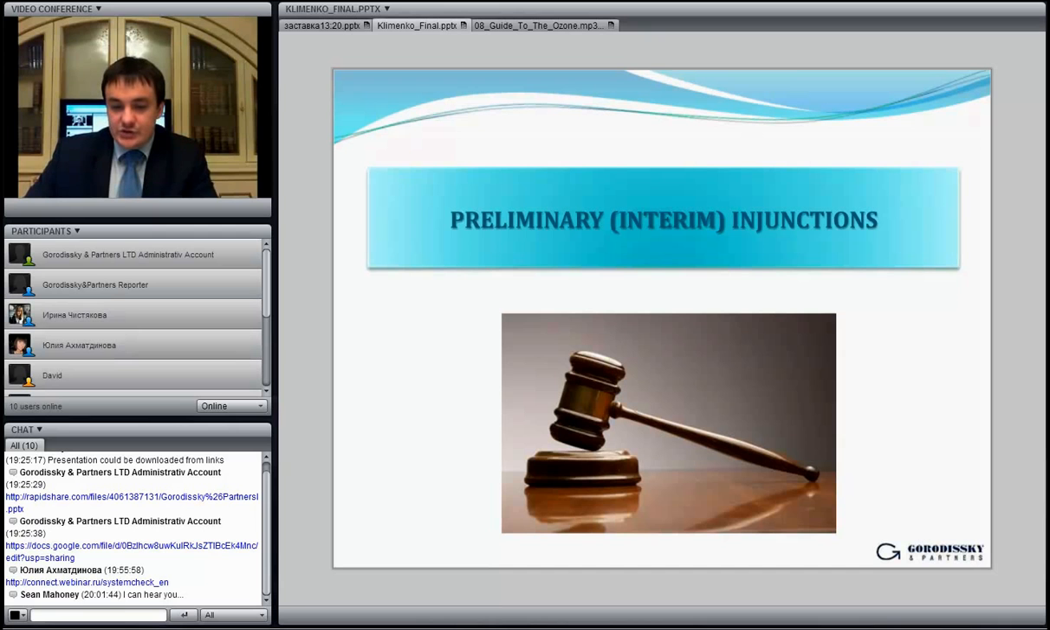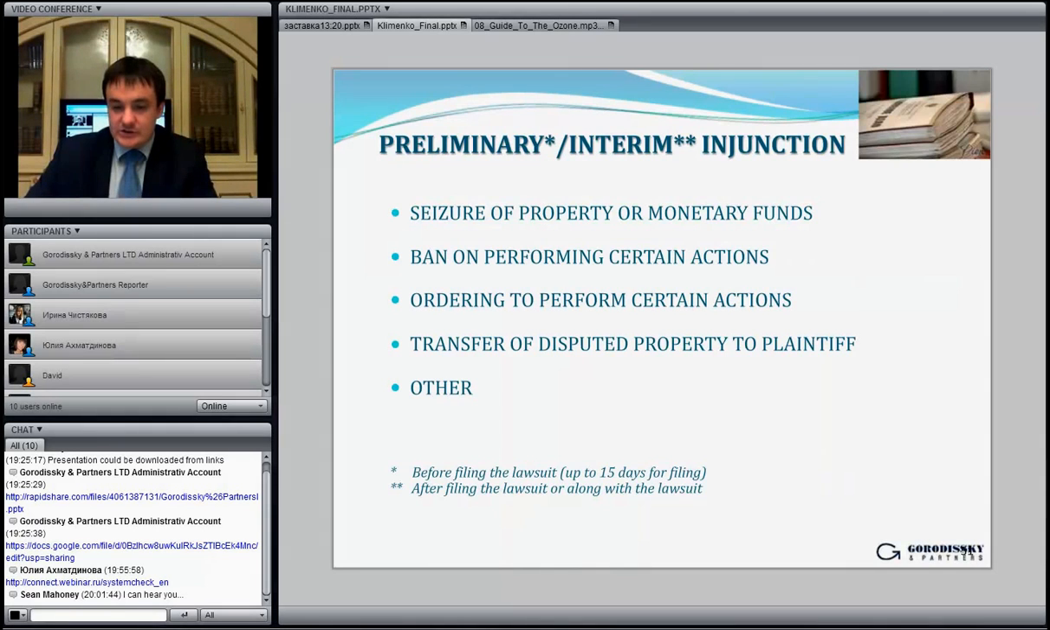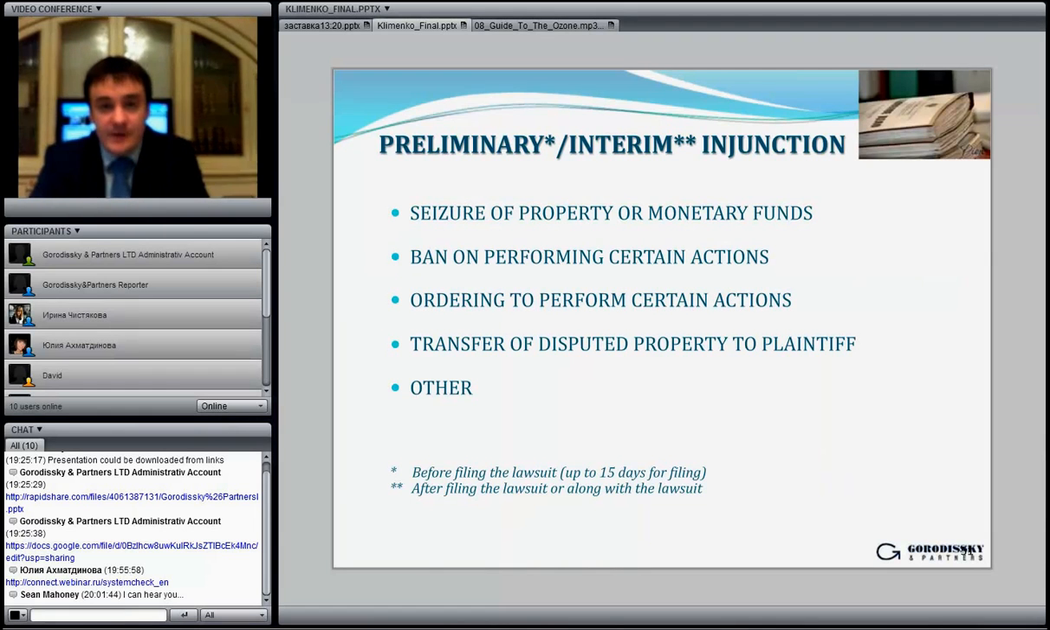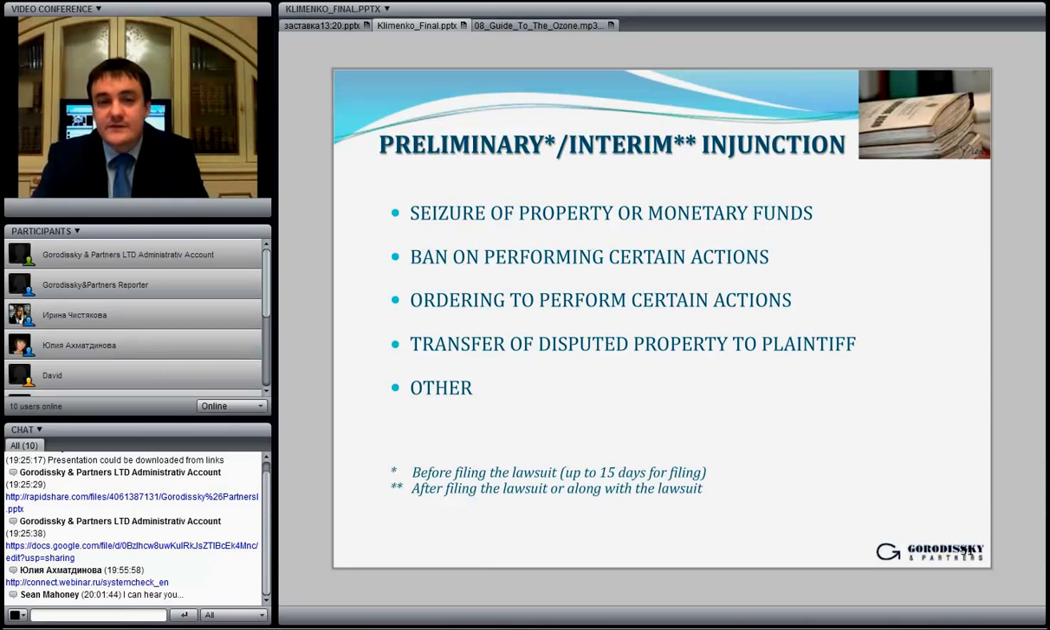One of the important issues is preliminary or interim injunctions. The Russian law provides the possibility to request injunctions during the court hearings until the decision of the court is issued. And the patent owner can claim seizure of property or monetary funds. For instance, if there is information about storage, about the concrete location of the warehouse where the infringing products are stored, it is possible to claim seizure of those products. Besides, it's possible to ask the court for a ban on performing certain actions by the defendant. It could be, for instance, selling the product until the decision of the court is issued,